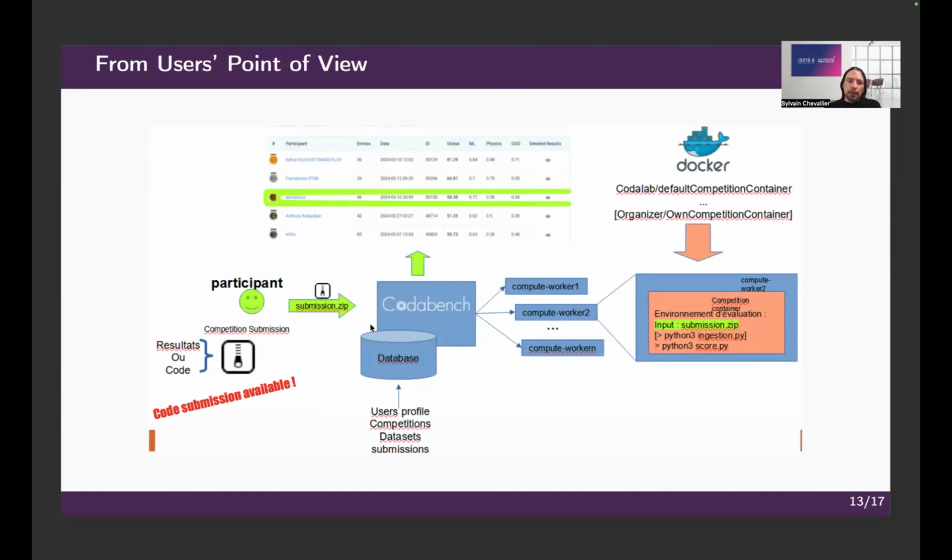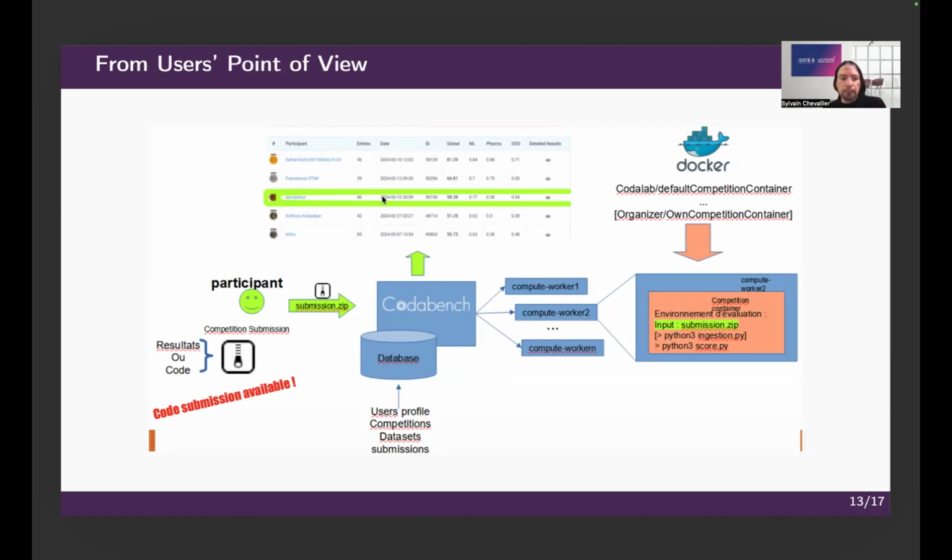So from the user perspective, a user could find a nice competition on the Codabench platform. When they find one, they can submit. There are two possibilities to submit, depending on the competition. It's possible that the user downloads the data, processes it on their own hardware, and then sends the result. The result will be displayed on a leaderboard, so it's quite fun. It's interesting to see how it progresses